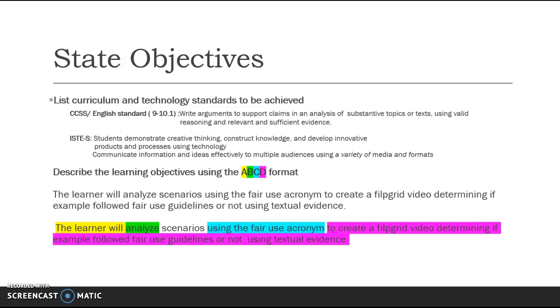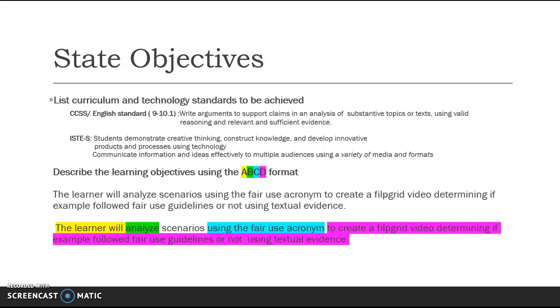As for the objectives, this lesson will be focusing on Common Core English Standard 9-10.1. Students will write arguments to support claims and an analysis of substantial topics or texts using valid reasoning and relevant and sufficient evidence. So basically, pulling the evidence from their scenario